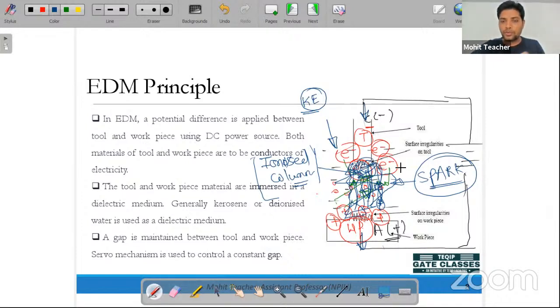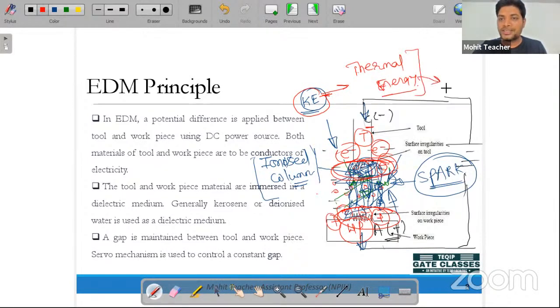positive ions increases. So the electrons which are moving toward this side and the positive ions which are moving toward this side basically hit the surface. The positive ions hit the surface of the tool, and the negative ions hit the surface of the workpiece. When they hit, this complete kinetic energy is converted into thermal energy. As it converts into thermal energy, it generates a very high temperature, in the range